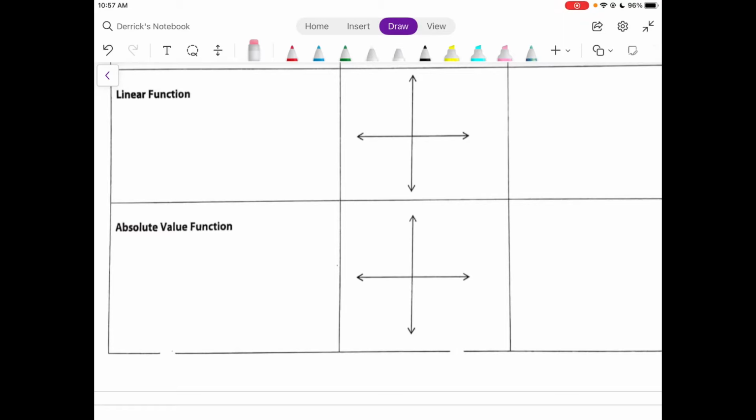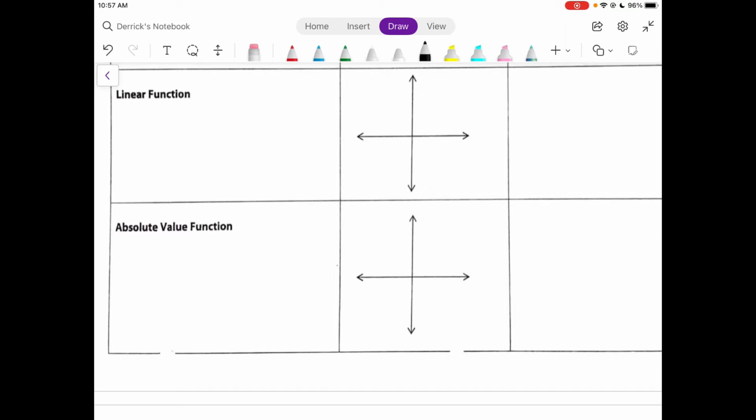Today's lesson is going to be about parent functions and some of their characteristics. When I say parent functions, what I mean is just the simplest form of each type of function. For example, as you can see here on the screen, the first function I want to talk about is a